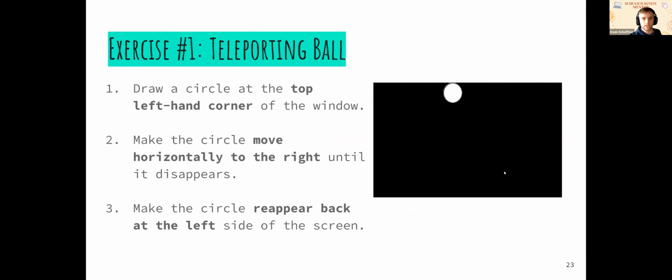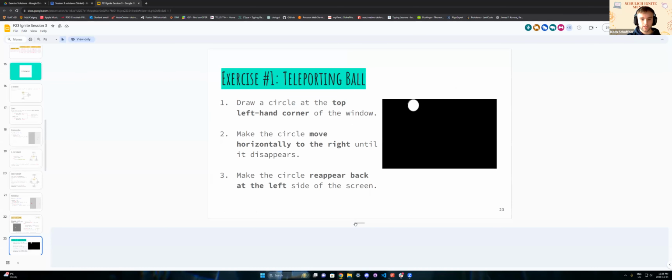All right, so that's going to take us into our first exercise of the session. In this exercise, we want you to try and get a ball to start from the left-hand side and move to the right until it disappears, but then it needs to reappear back. So it needs to loop constantly. Don't worry about creating a loop. Remember, draw always loops continuously. It's a little bit of a hint where you might want to put your code. But the thing you're going to need to implement most is an if statement.